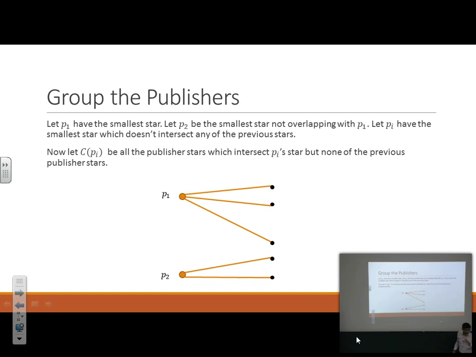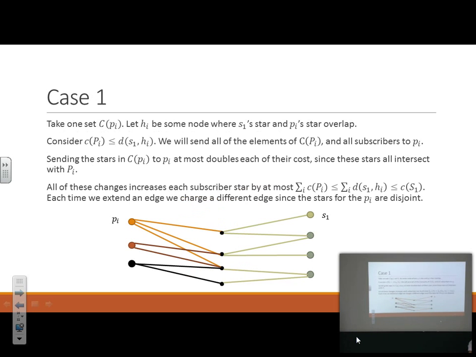Okay, so I'm going to form clusters of publishers. All these guys overlap with P1, so these guys are all going to be part of P1. By the way, I'm looking at an optimal solution. I'm sorry, I should have said that. I'm looking at an optimal solution. I'm going to show how I can reduce it to a metric facility location problem. Okay, all right. So the cluster of P1 has got this, the cluster of P2 has got this. Okay, all right. Now what do I do? There are two cases, and it's slightly tricky, but not too much. I'm now going to look at each of these clusters that I got.